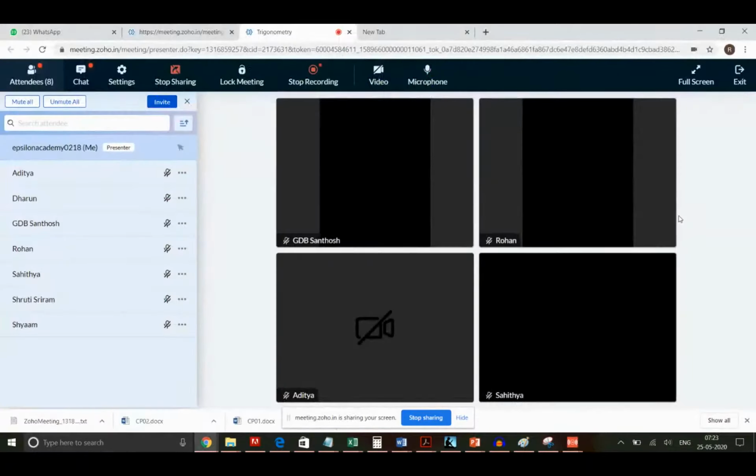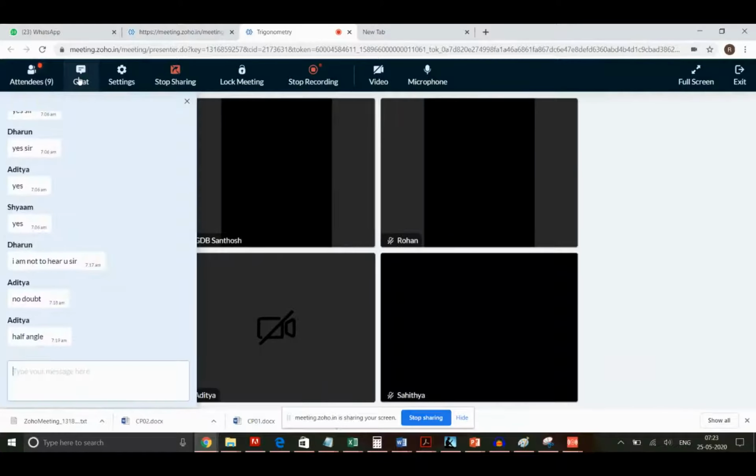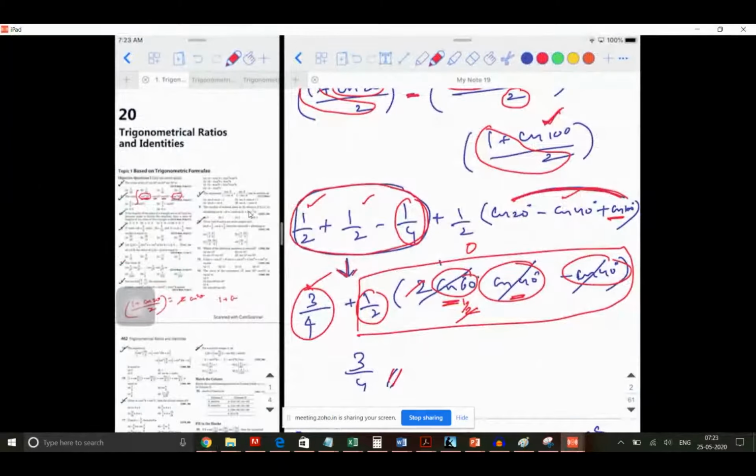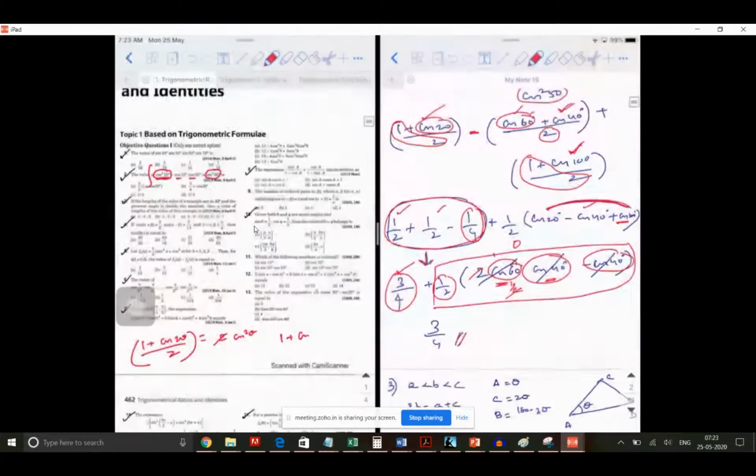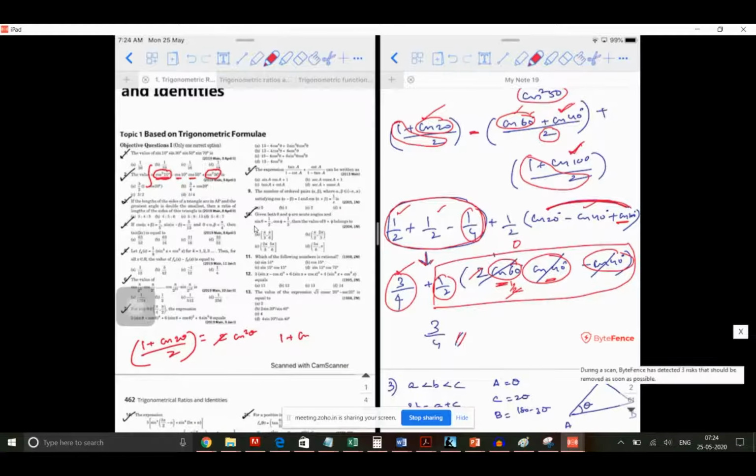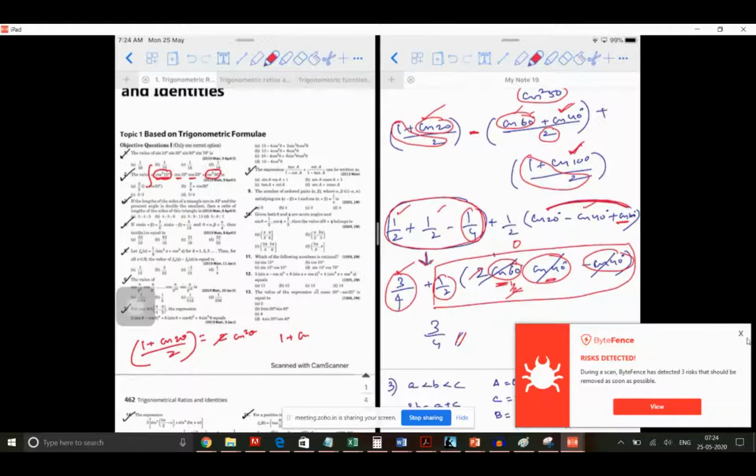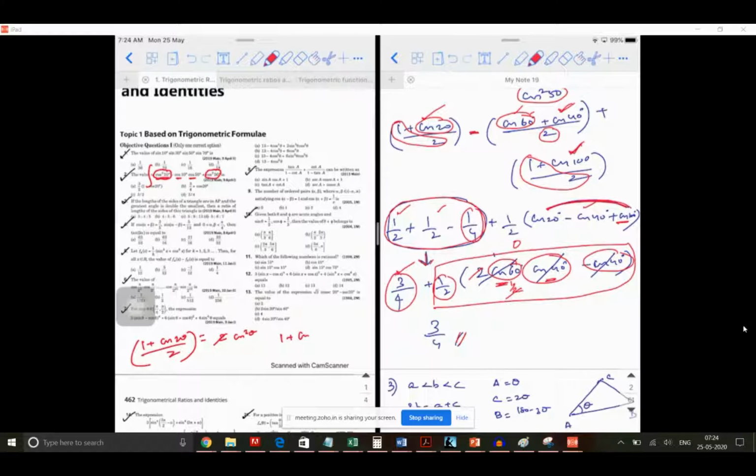Is it clear? See, generally what we can do is, you don't waste much time writing, concentrate here. You can just take the ideas alone so that we can discuss the problems first. You don't sit and write the complete solution. I'll share this PDF with you once the class is over. Whatever I've written, I'll share it with you. You can make a note of it. Just take the ideas. Our whole concept is to discuss the ideas.